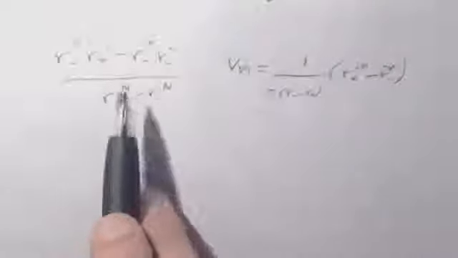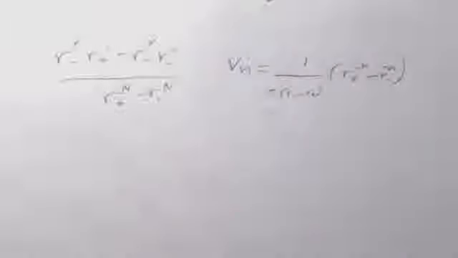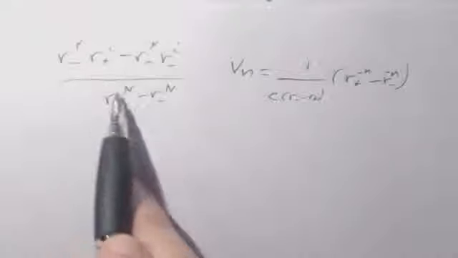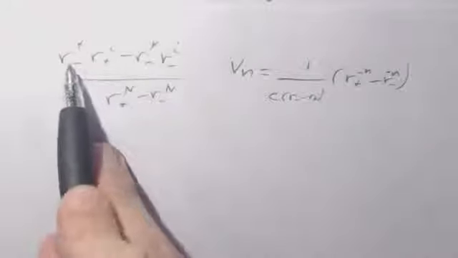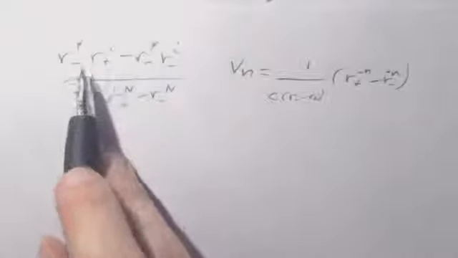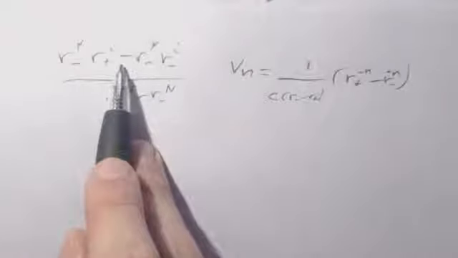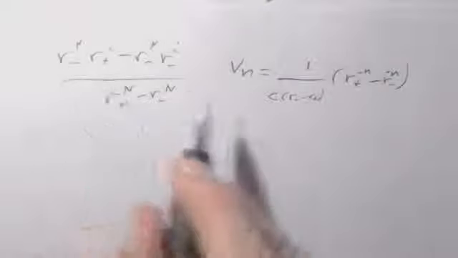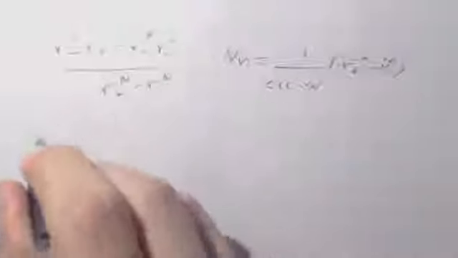So what can we do to this form here to utilise this? Well, first thing I'm going to do is, I've got a slight problem here that we've got r minuses coupled with r pluses. So first thing I'm going to do is divide the top and the bottom of this equation by r plus to the n, r minus to the n. So this is going to become